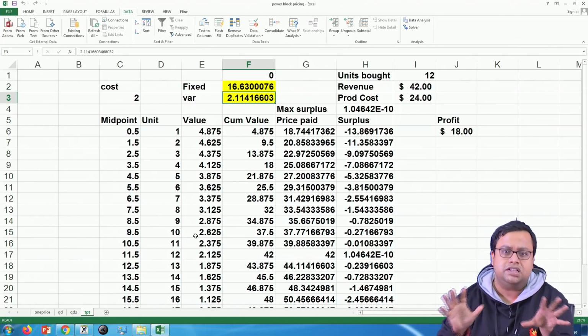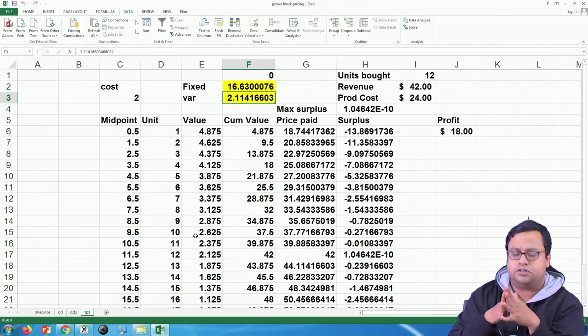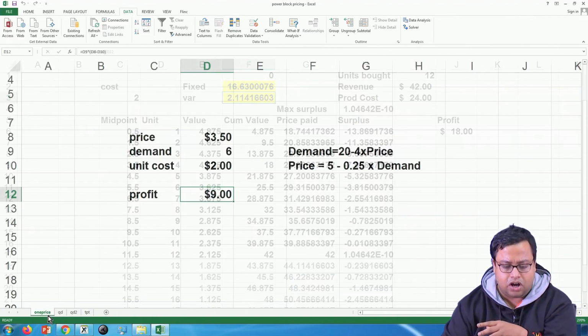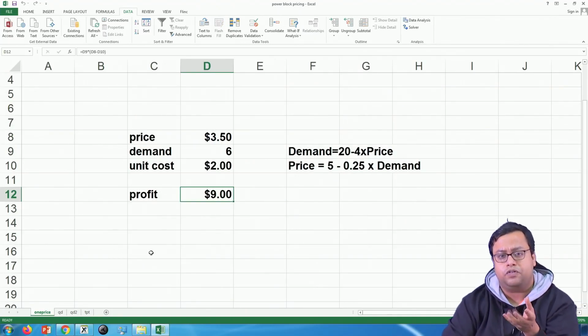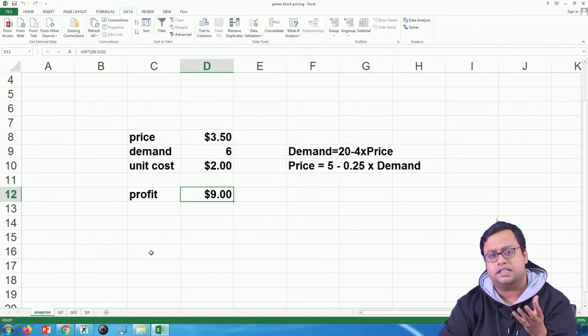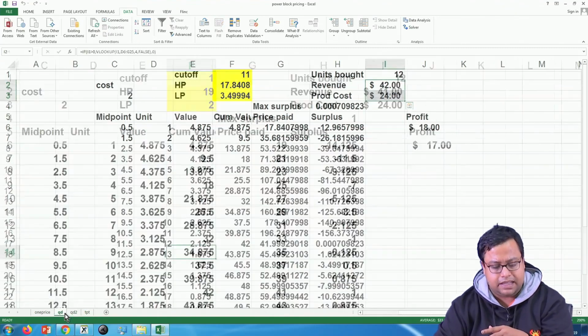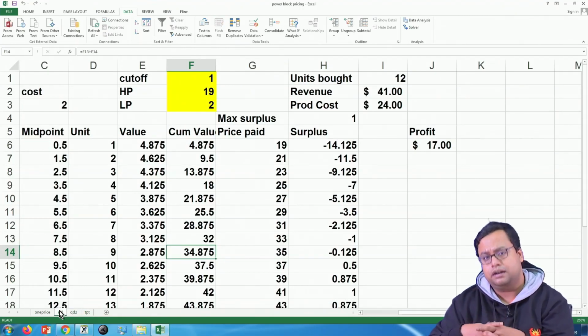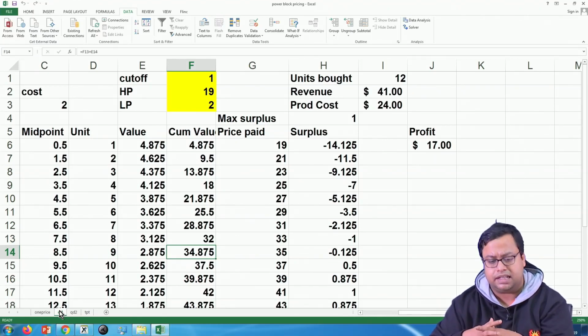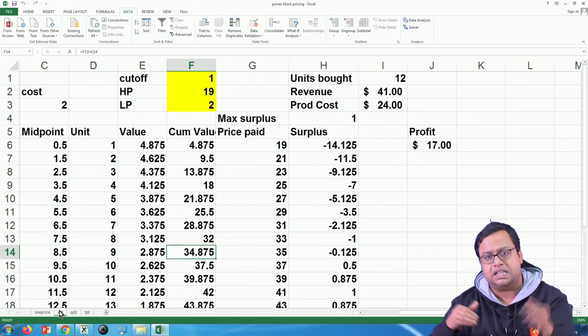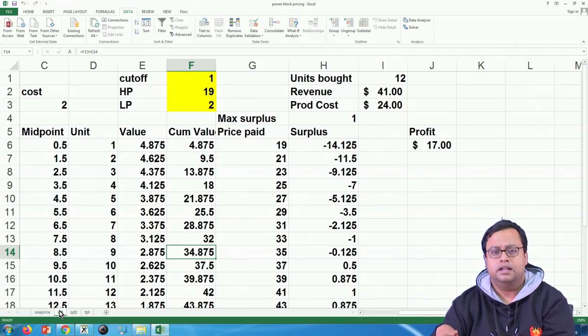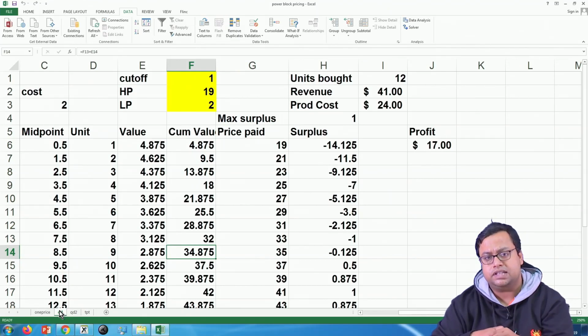So, in all these 3 situations, in case of utility, as I have shown you, it is not suggested that you go for one single price; it is often suggested that you go for multiple prices, and if you further break these things, you might get more prices and more profits, and you have to check that. So, let us say high price, medium price and low price, and there are 2 cutoffs. You can create the Excel file accordingly, and you can check whether this is giving you better results or not. So, that is all for utility pricing.